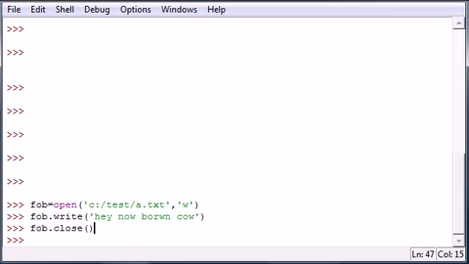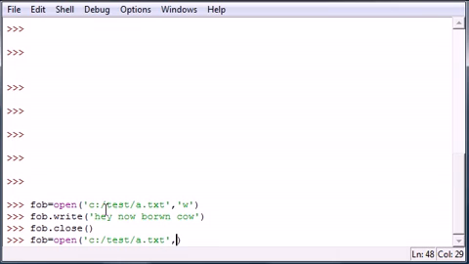Now say we already have a file that has text in it like we just made. What happens if all we want to do is read from that file? Well, of course we need to go again and create a file object, but this time we want to create something that we can read from. We can't use FOB because this only writes to it, but we want to be able to read from it. So let's make a new file object, and once you create it again it's going to be a totally new object. So let's open, and this is going to look very familiar. Open, and in the parameters the first one is the directory just like before, test a.text,